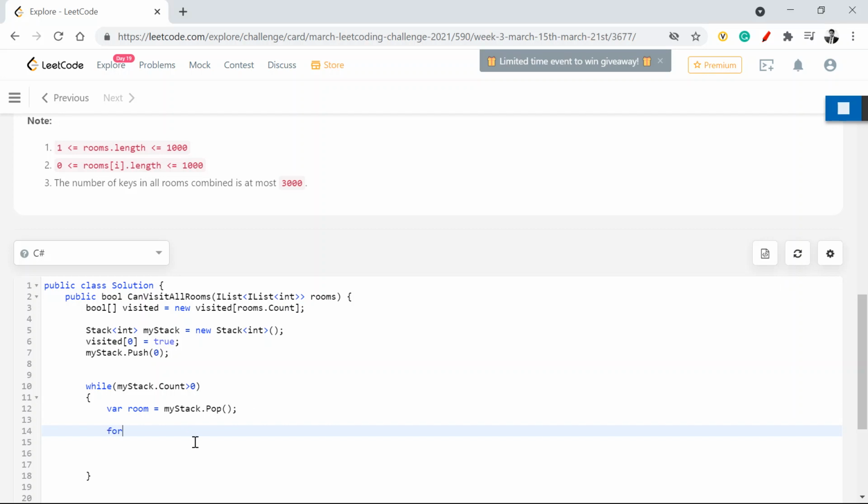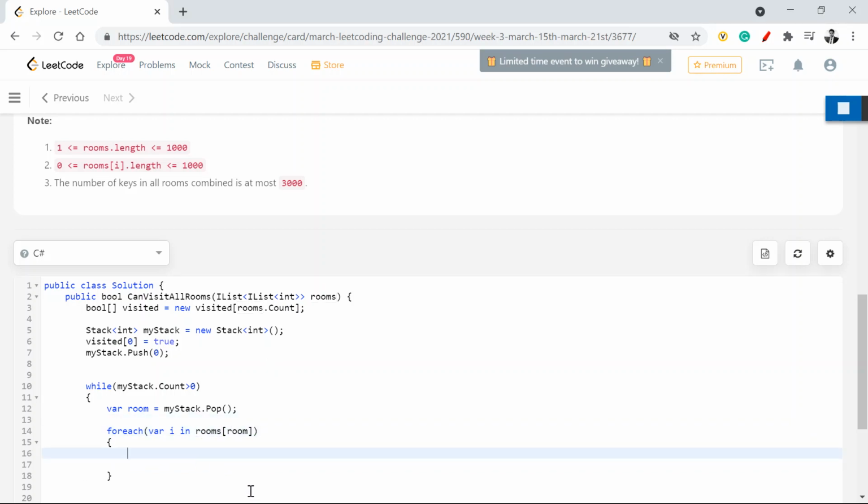So for each key in room, this will give me all the keys in that room, right?